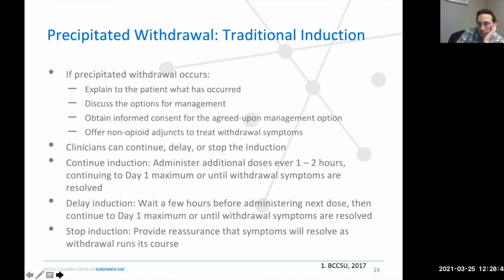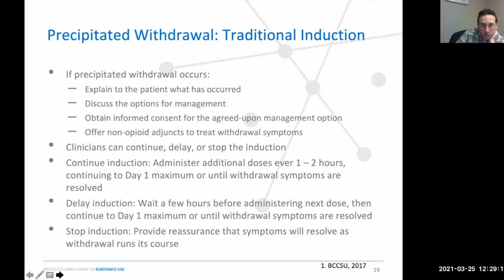And this is what I kind of mean by adjusting the microdose as you go. If you can be checking in every day or every 2 or 3 days with a patient and someone's feeling fine, you can increase their dose a bit faster. If someone's feeling a little bit unwell, or feeling like they're having some precipitated withdrawal, then you slow down on their microdose, and you give them less doses that day, or you wait until they're feeling better before you take